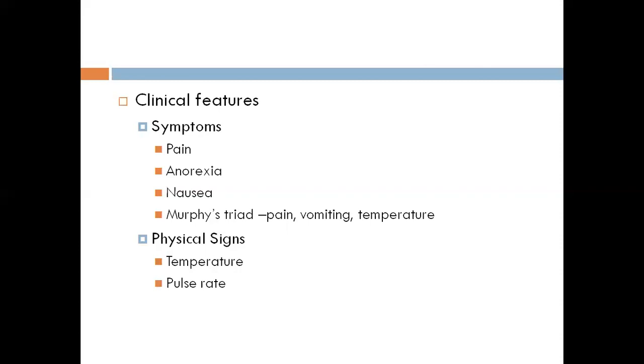Now talking about the other varieties: if the episodes of acute appendicitis subside before reaching the acute stage, that is called subacute appendicitis. And in the second case, if a full-blown appendicitis does not ensue, the appendix may turn into a grumbler and there will be recurrent attacks of appendicitis. This is known as recurrent appendicitis.